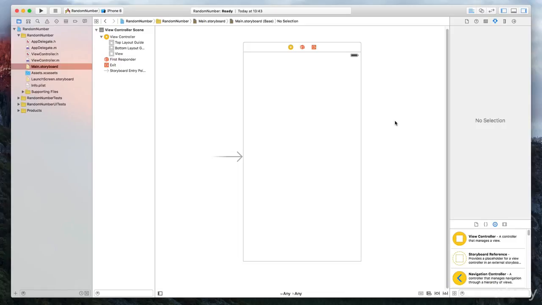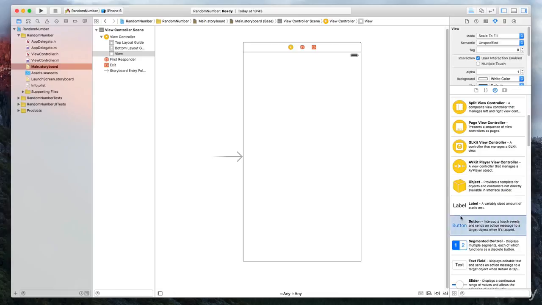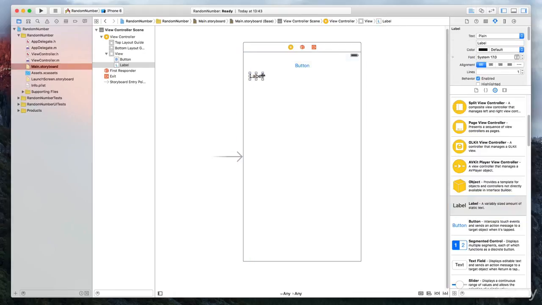we created using ints. Now, we're going to get an int to randomly pick a number between 0 to 100, depending on how much we want it to select, and display that within a label. So what we need to do this is place in a button and a label. So if I drag and drop a button in and a label,